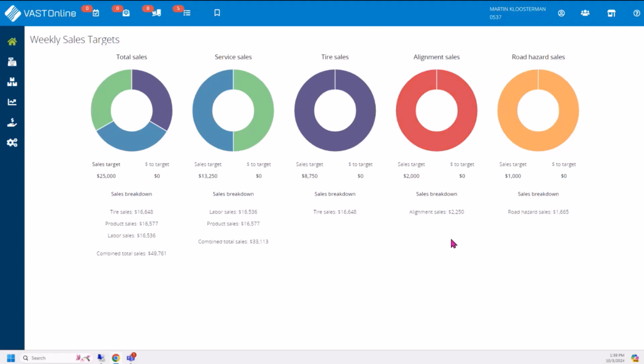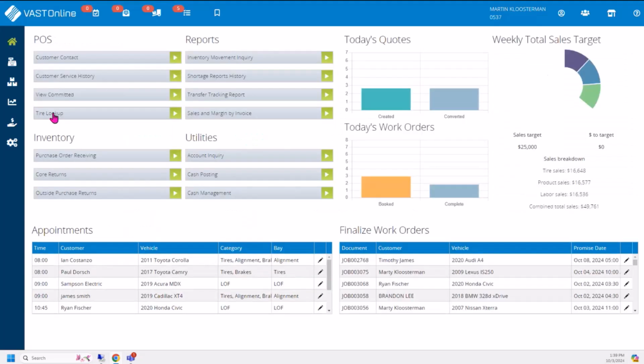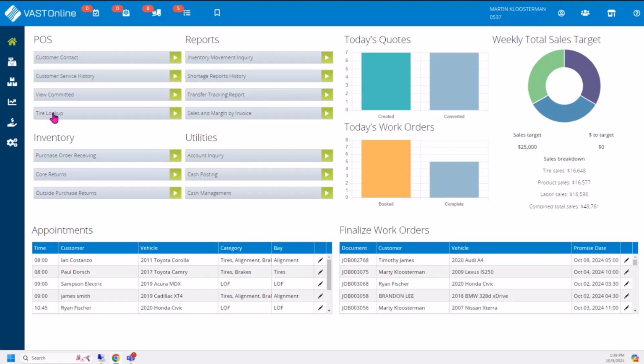I need to remember to be pushing road hazard or alignments or whatever it may be. Okay. So you can establish some of your goals or your targets per location at the shops now as well. Okay. As I mentioned, when we looked at Jackson Daniels login and how his was completely different from Marty Klosterman,